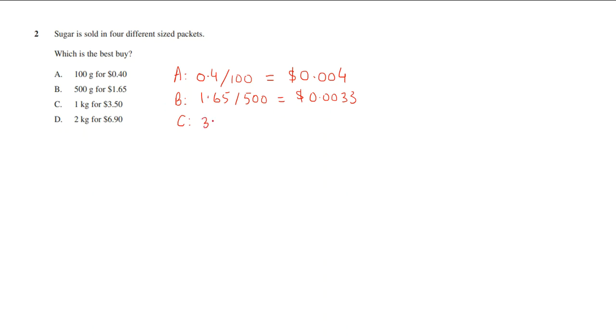So $3.5 is costing you to get 1,000 grams of sugar, because you want them to be consistent. You want it all to be per gram, how much it's costing you, right? So what you will get would be 0.0035. Next, you will do the same for option D. Again, because it's in kilograms, we will convert it into grams. So 6.9 divided by 2,000, which will give us